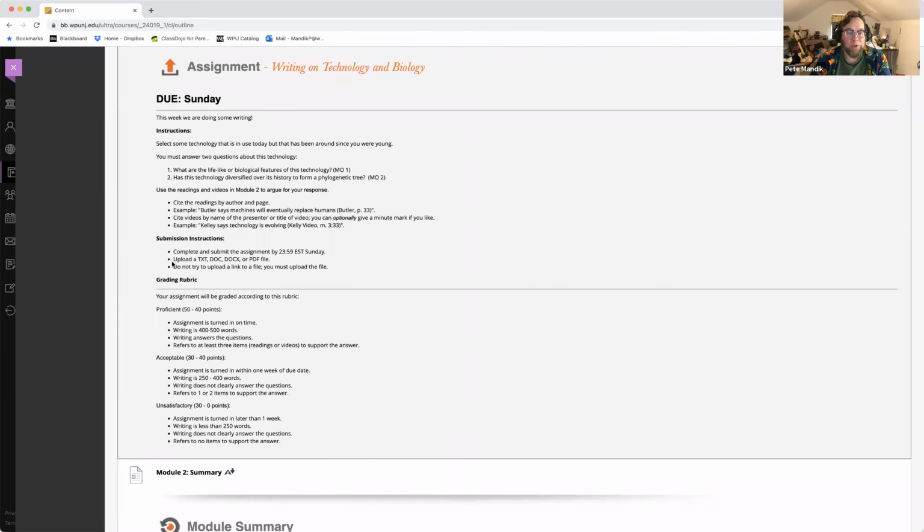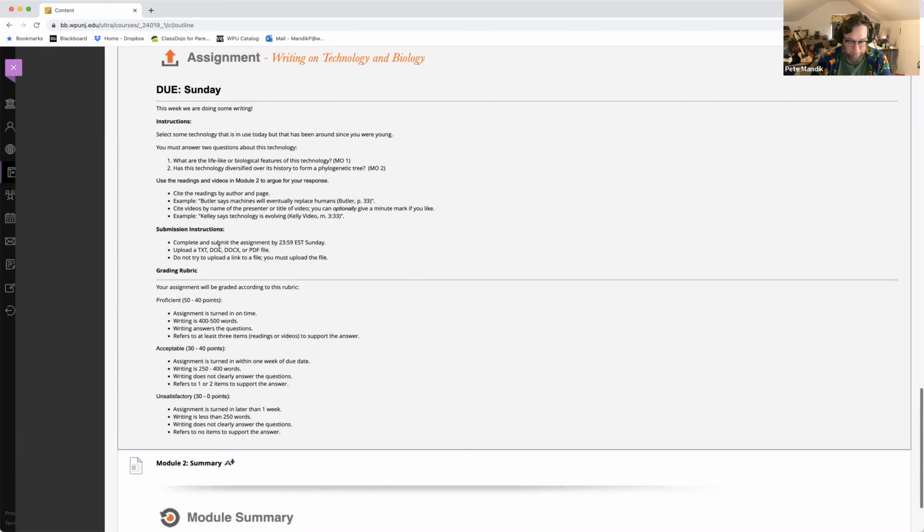You have to, for example, upload your document in one of the following formats: TXT or DOC or DOCX or PDF. So it's telling you all sorts of explicit things about what you have to do. And notice it doesn't say that you're required to avoid saying I and me. So it's very reasonable to conclude that that doesn't matter. If it did matter, it would have been mentioned in the instructions.